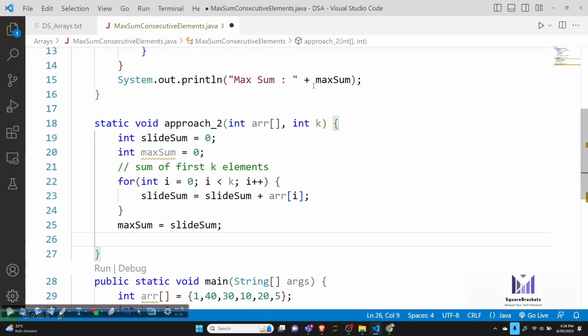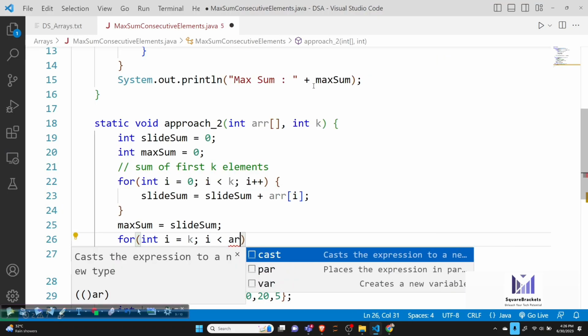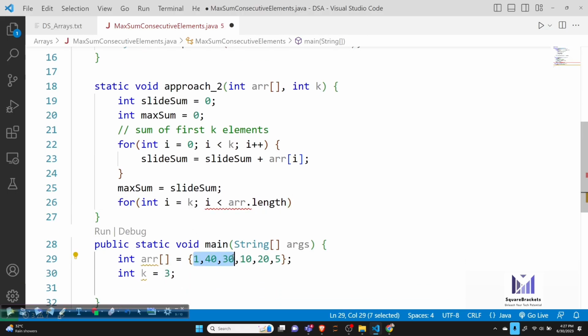Now in the next loop, we'll be adding the next element and removing the first element. So I will simply write for int i equals k, i is less than array dot length. So you can see from where I am executing my array, i is equal to k, because I already did the sum of the first three elements.